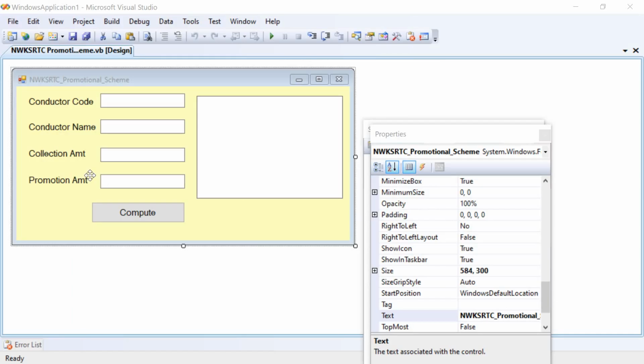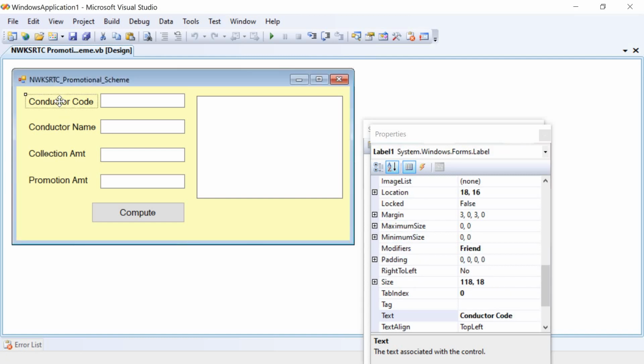Here comes the window design. Label 1 is taken with conductor code. Label 2, conductor name. Label 3, collection amount. Label 4, promotion amount.